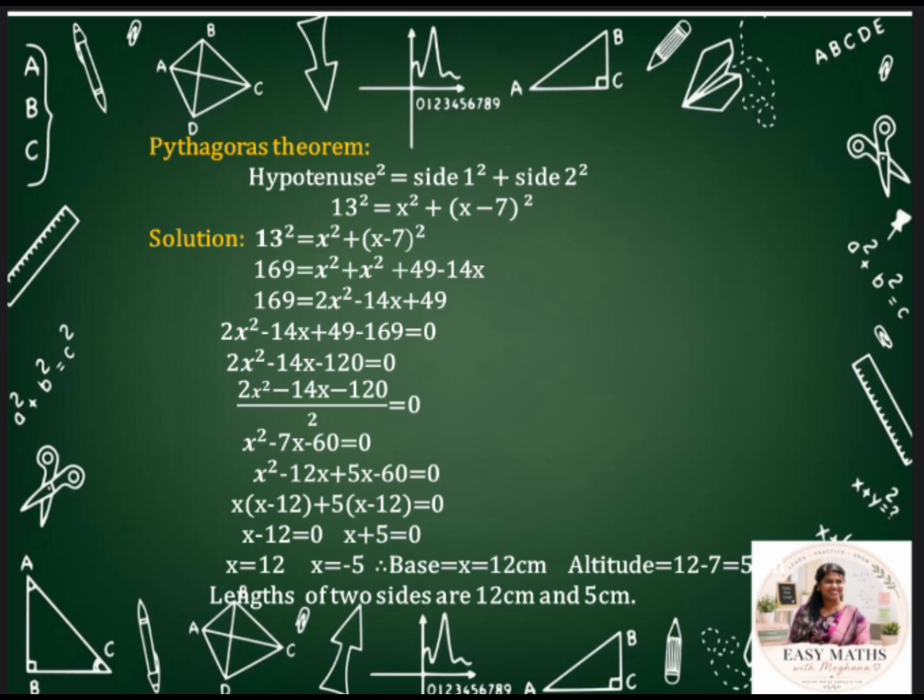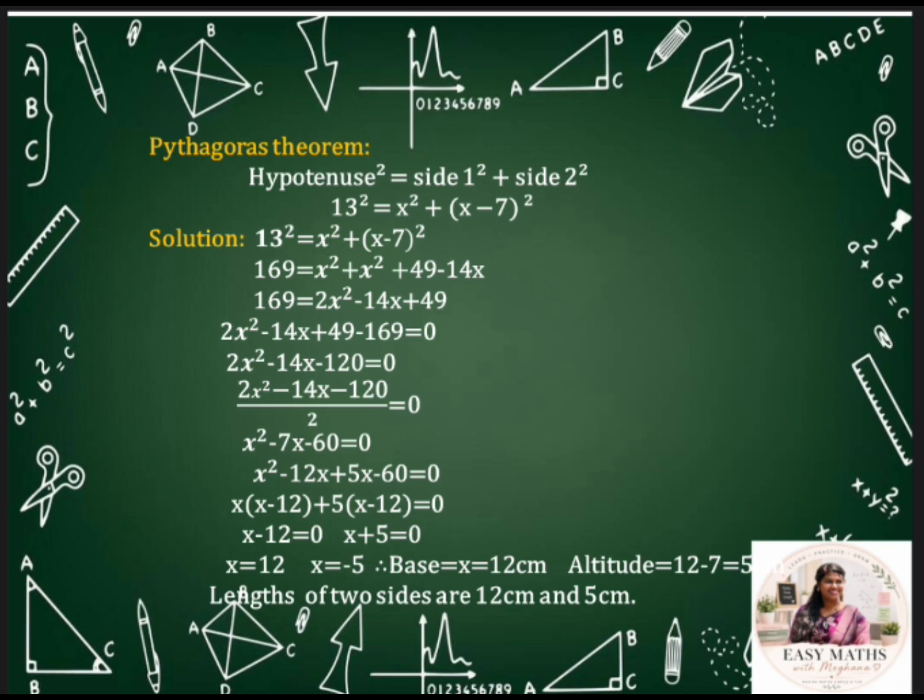equal to 0. Then grouping the same terms, x into x minus 12 plus 5 into x minus 12. Therefore x plus 5 into x minus 12 is equal to 0, x is equal to 12 and x is equal to minus 5. So you will get two different values here. We cannot take the negative number, therefore we can write base is equal to x is equal to 12 centimeter,